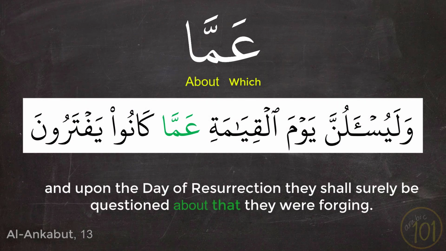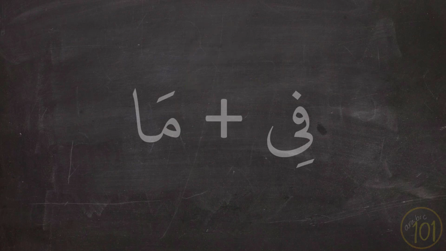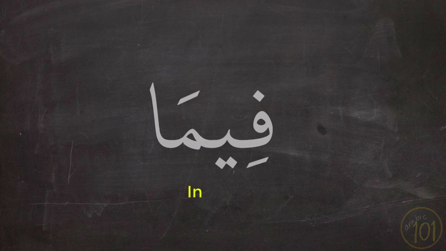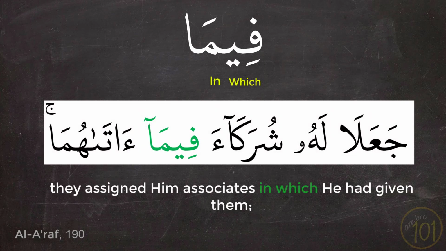وَلَيُسْأَلُنَّ يَوْمَ الْقِيَامَةِ عَمَّا كَانُوا يَفْتَرُونَ. Next is the combination of fi and ma. Fi means in, and when we add them together, we will have fima, which means in which, like in this example. جعل له شركاء فيما